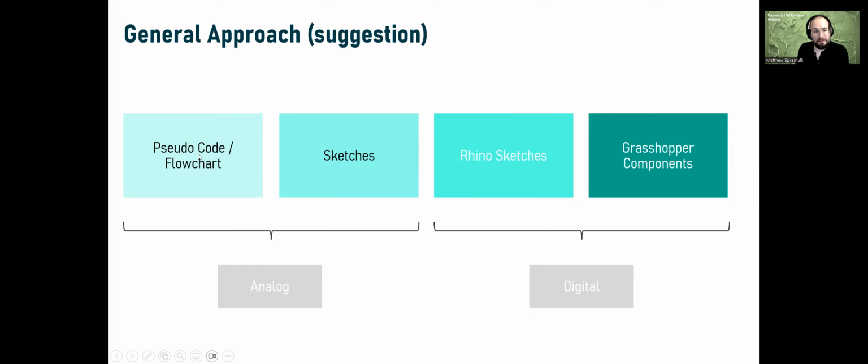The idea is that you would start with something like pseudocode, which is a simple representation of what you want to achieve, have some sketches to complement it, and then think about how those would be done inside of Rhinoceros. Then you can think about how to automate it or control it parametrically with Grasshopper. Let's talk about perhaps the most confusing part of this whole four-step process, which is pseudocode and